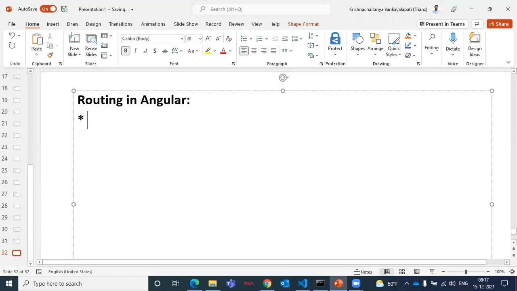Take it as heading, take it as a point. Angular is a single page application.